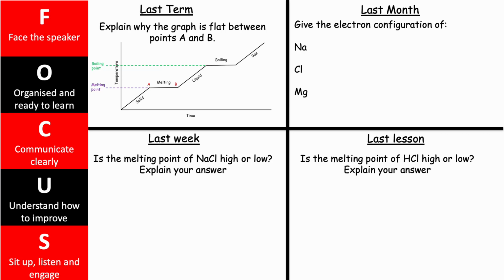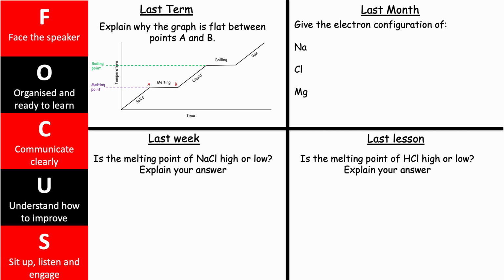So, starting with the last term question, it says explain why the graph is flat between points A and B. So, we know that when you heat a substance up, two things can happen. One, that energy can be used to raise the temperature of that substance so it gets hotter. Or, alternatively, the energy can be taken in to break the existing bonds or forces between particles, which causes that